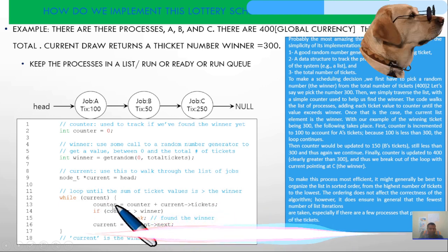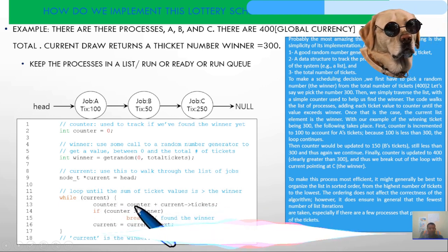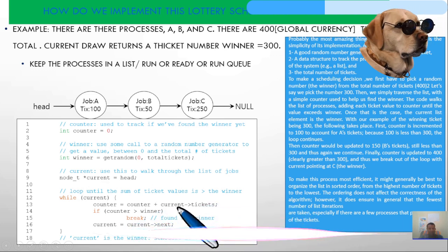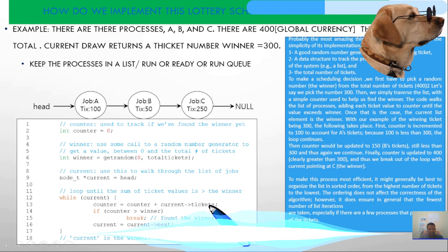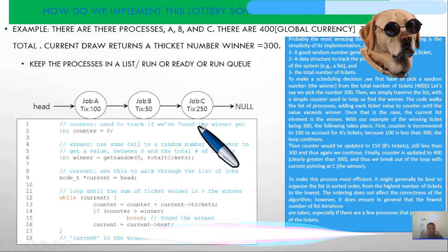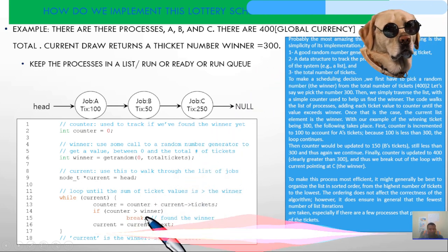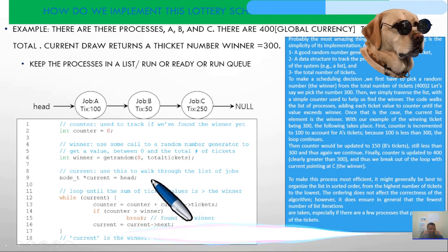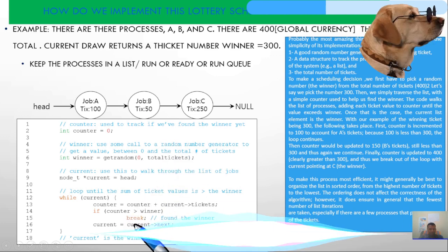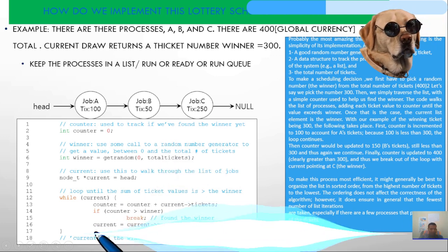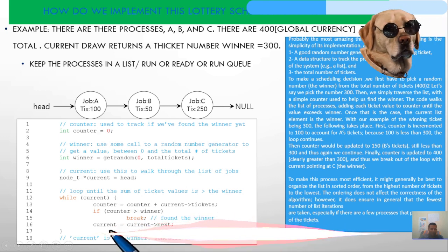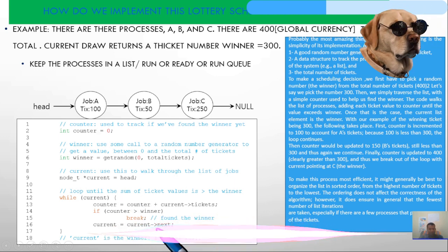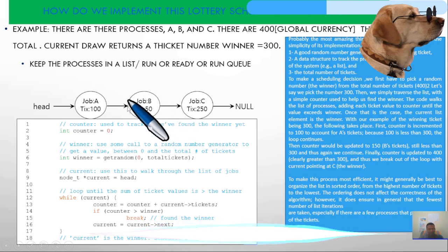What the counter does is the counter plus the current's ticket number. If the counter is greater than the winner number, then break. The program will break, having found the winner. Otherwise, the current will go and check the next program.